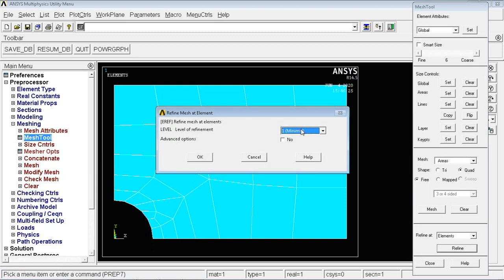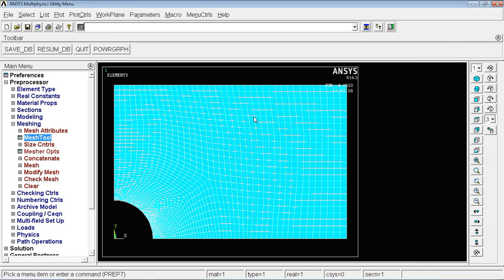Level of refinement I'll give as 4. If you give a higher level of refinement, the approximate solution you get will be closer to the exact solution. I'll click on OK. Now you can observe the mesh refinement here. Meshing has been done.